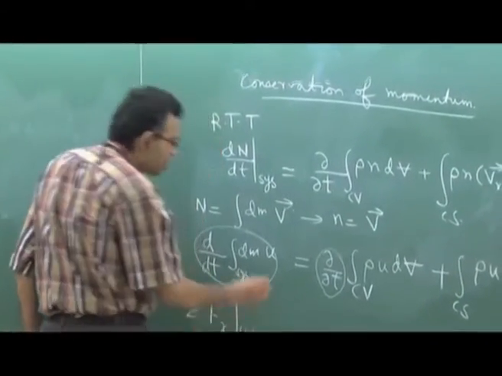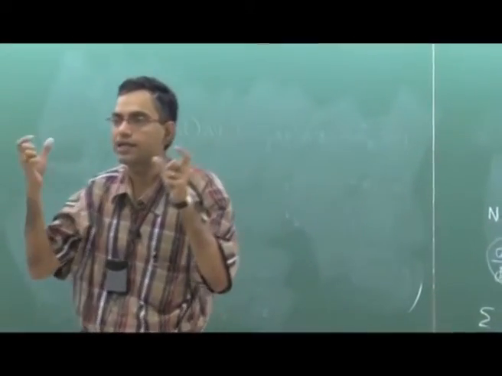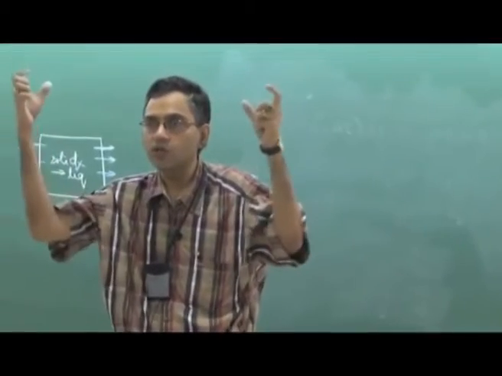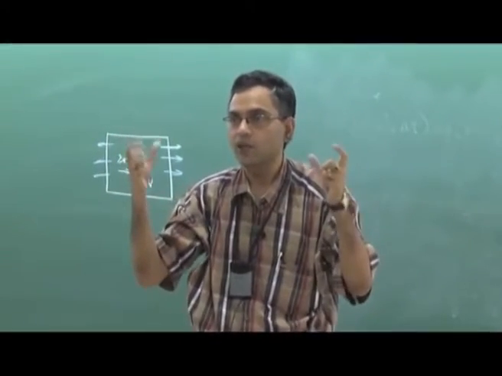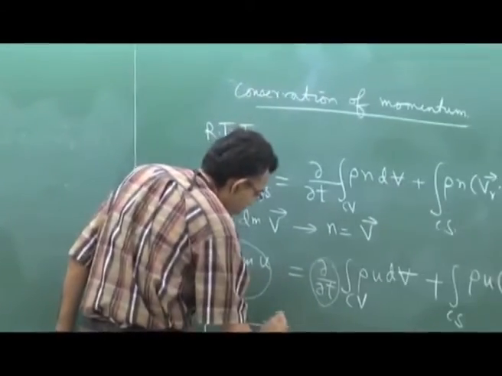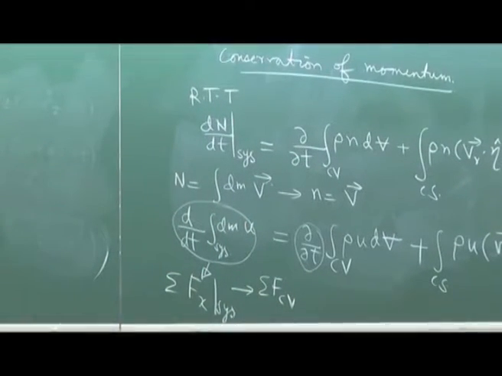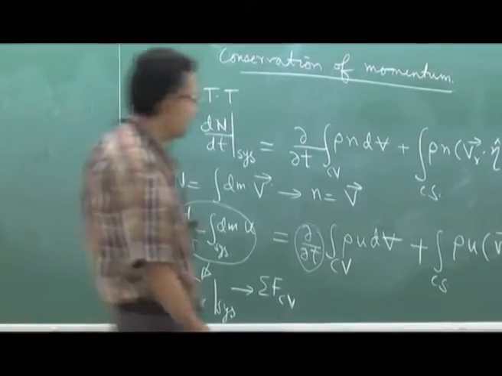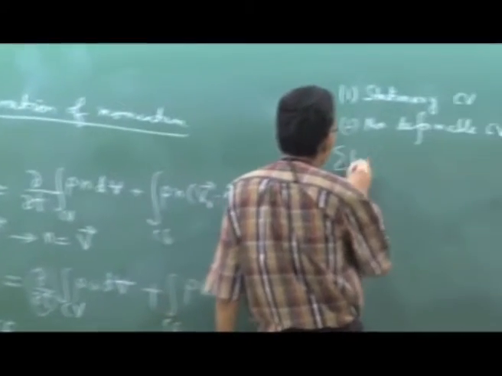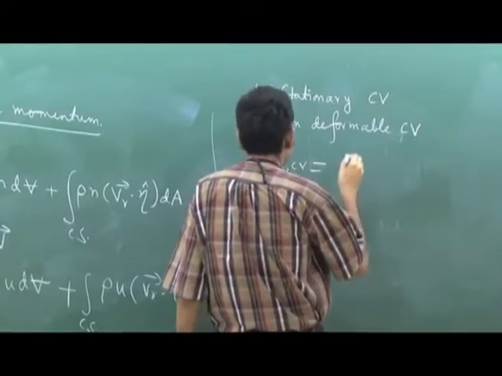And because while deriving the Reynolds transport theorem we have taken a limit as delta t tends to 0, the control volume almost coincides with the system. Therefore, the force on the system and the force on the control volume are the same. So, this is the resultant force acting on the control volume. So, we can write that the resultant force along x on the control volume is equal to